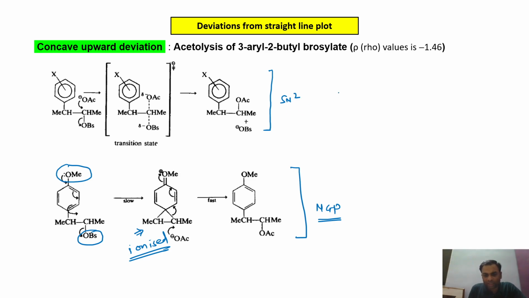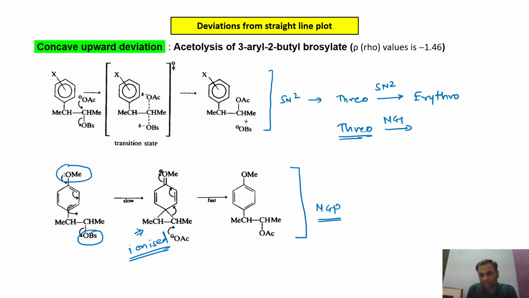When a reaction follows the SN2 mechanism and we have a threo compound, this threo compound will offer the erythro product. And if we start with the threo reactant and the reaction follows the NGP mechanism,